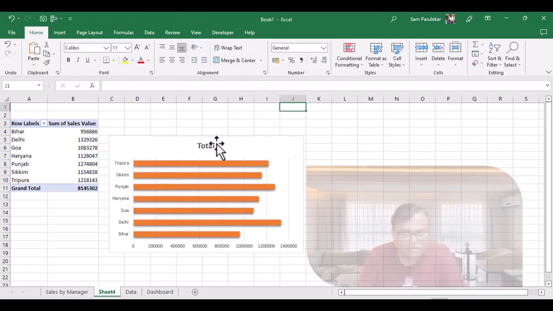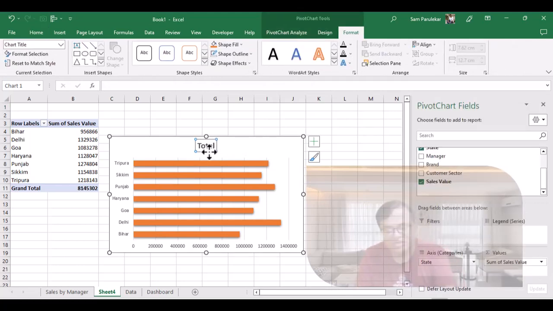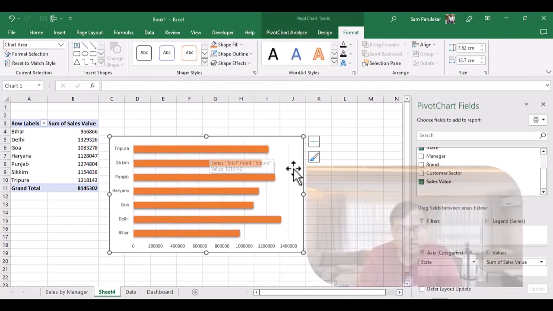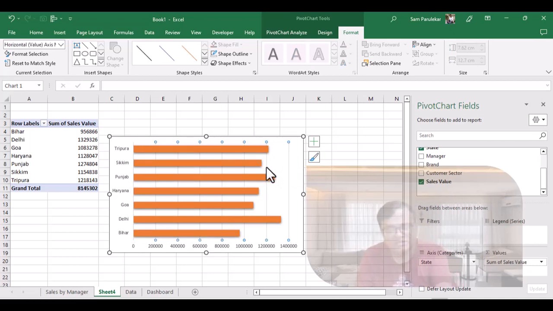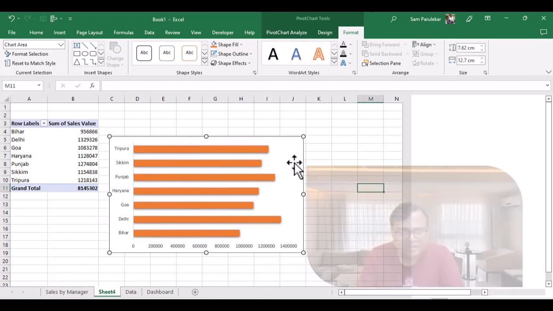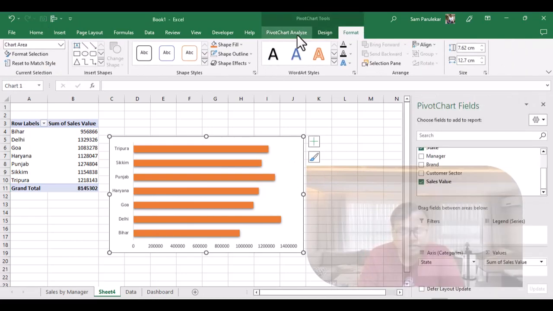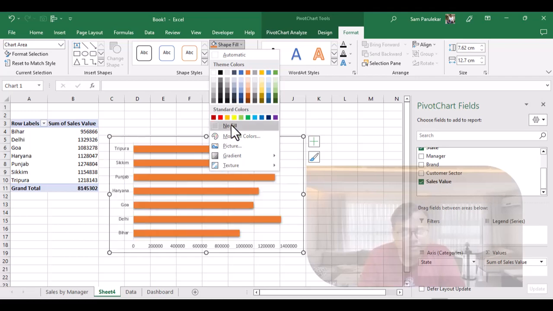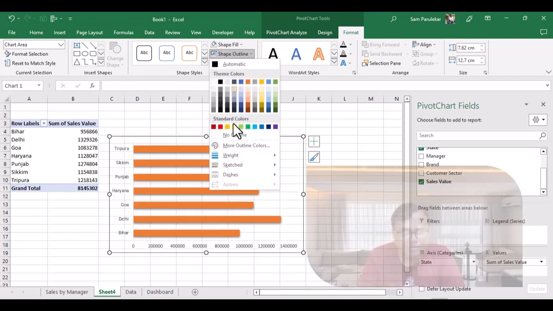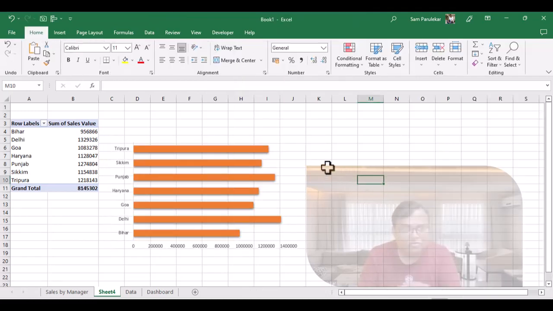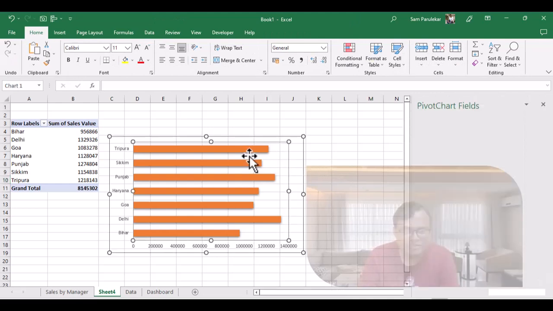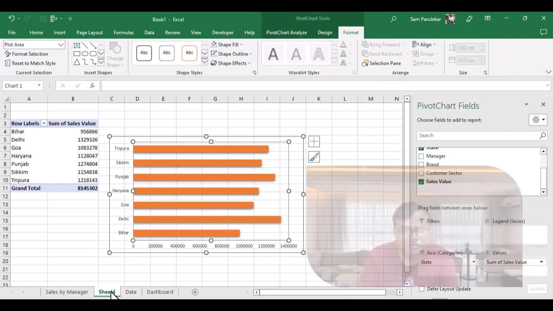And we don't want this chart title, so we click on the chart title and delete it. We don't want these lines, so we select this and we delete it. And the chart, I want it as shape fill would be no fill, shape outline would be no outline. So now sales by state is ready. So I'll rename this sheet to sales by states,